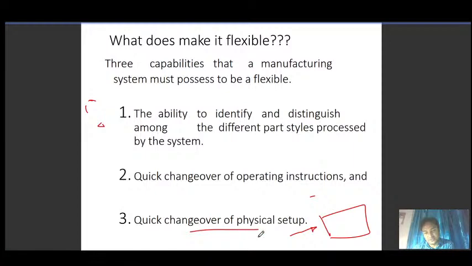So different new kinds of parts are in the market and you need to produce them, and the current existing manufacturing setup is not enough to produce them. So obviously if you can change the physical setup, that is machine locations, then you can make it flexible. So it makes the system flexible, and that is what we study as flexible manufacturing system.